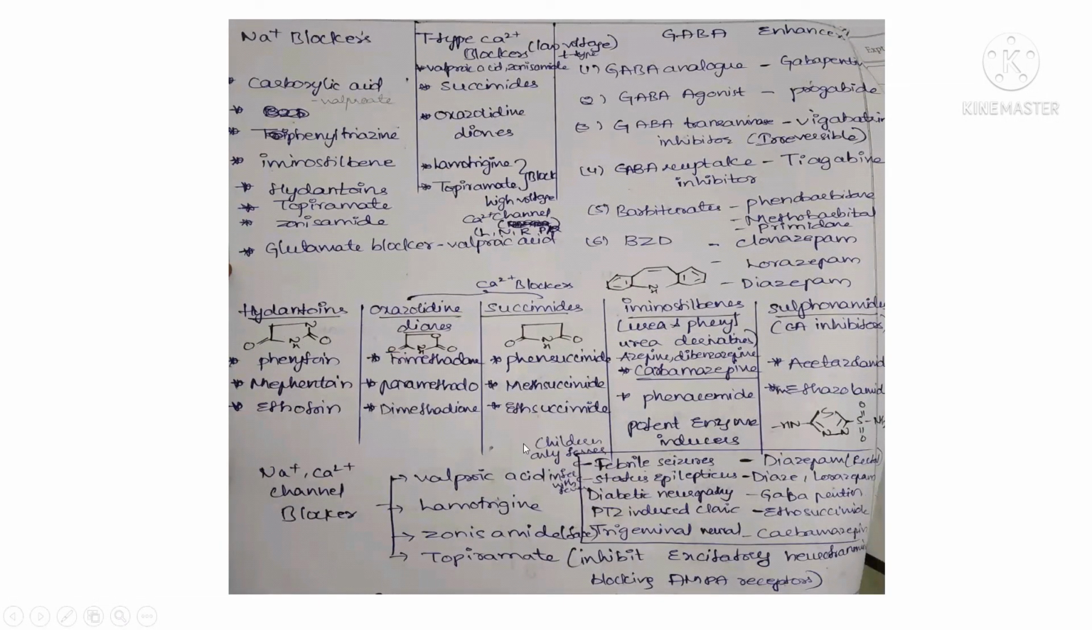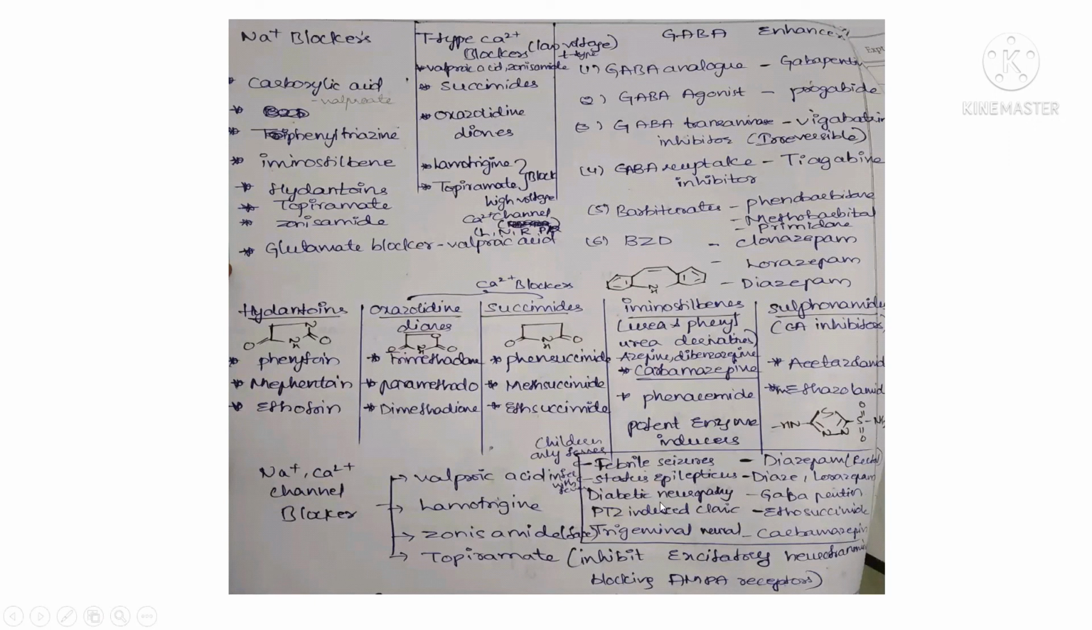Okay. And next here I gave a conclusion. Both sodium and calcium channel blockers: valproic acid, lamotrigine, zonisamide, and topiramate. So lamotrigine belongs to the chemical structure phenyltriazine. Phenyl, benzene ring, and triazine. It has 3 nitrogens in its structure. Okay. And then here, I have given some primary first line drugs which are used